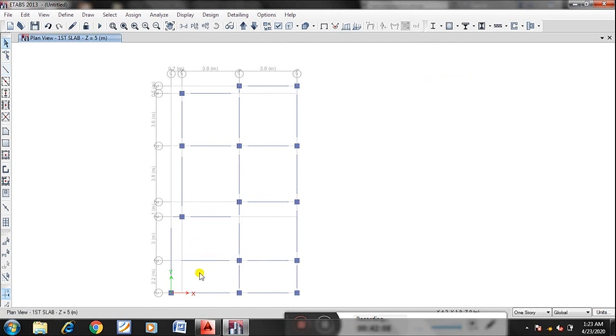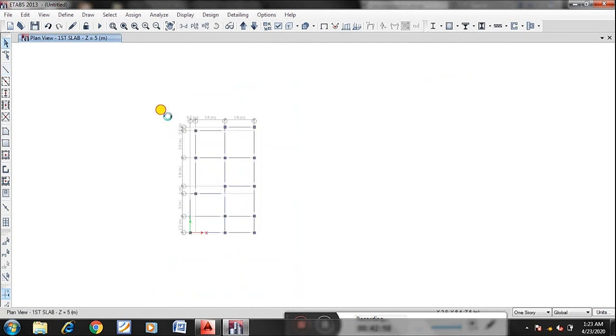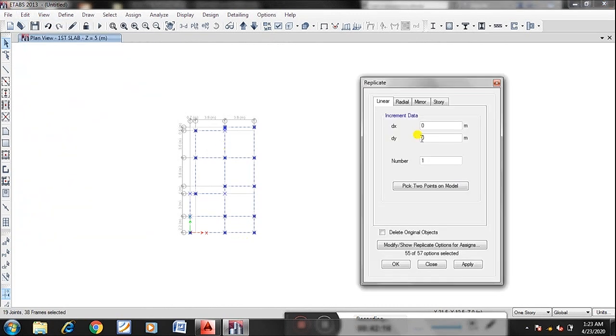So now what I will do? I will copy these column and beams to second and roof story, because this plinth beam which we drew in first slab will not come in plinth beam. But these beams are there in second slab as well as roof slab, so I'll apply here.